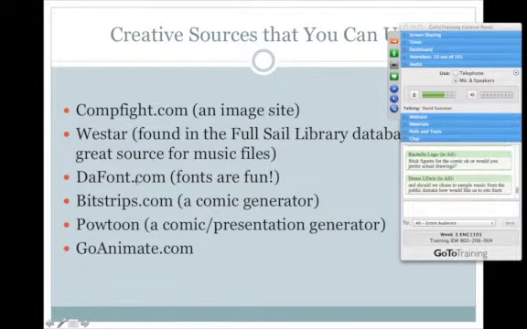Defont.com is a place if you're interested in fonts. Most of you probably have programs, though, that have plenty of fonts on them. I mean, even basic things like Microsoft Word have a variety of fonts. But be aware that even things like font choice are kind of important. You know, seeing Times New Roman as part of your video PSA just isn't very interesting. On the other hand, you could choose a font that's completely inappropriate, like it might look cute on the page, but it doesn't fit the tone of your PSA. So fonts are important things to keep in mind.